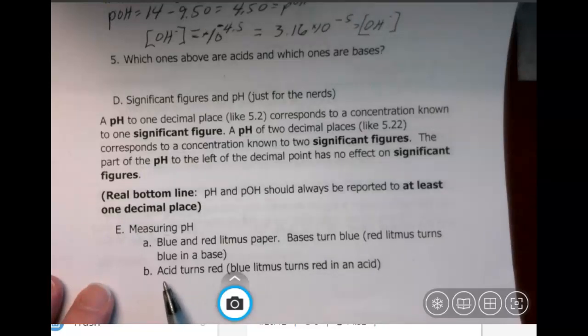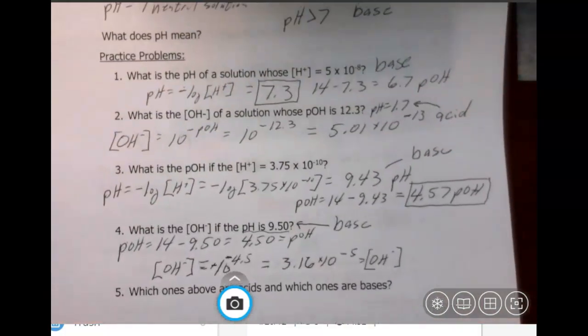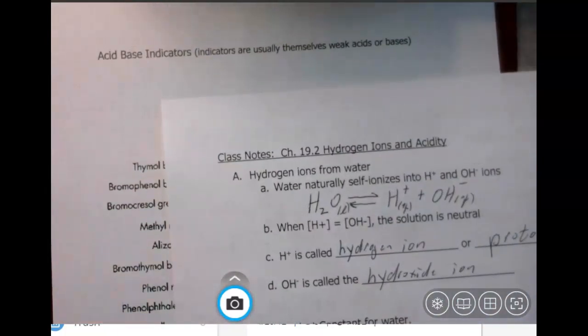You have to kind of say this with a Kentucky accent, but "acid turns red" is one way of remembering that. Blue litmus paper turns red in an acid. So all litmus paper tells you is if it's an acid or a base. It doesn't tell you what the pH is. So that's not real useful. Sometimes it's useful, but not as useful as